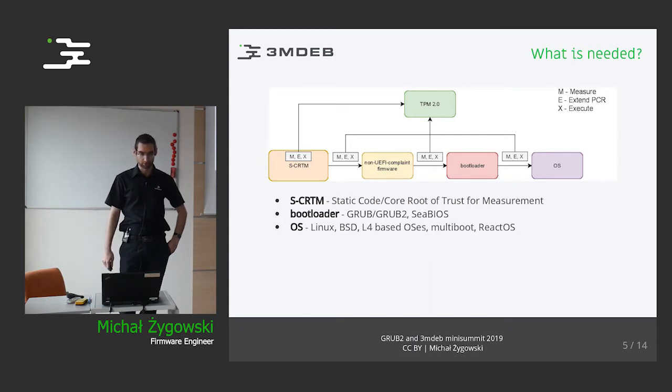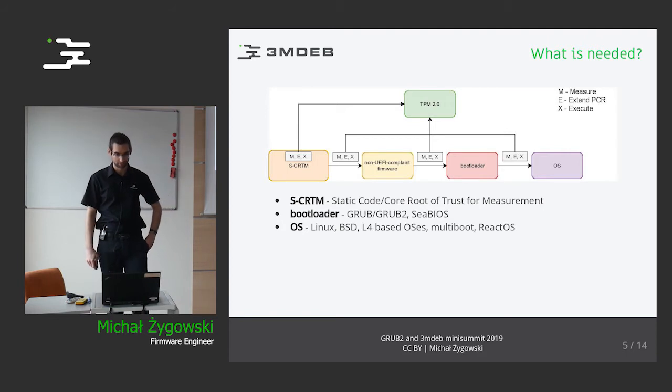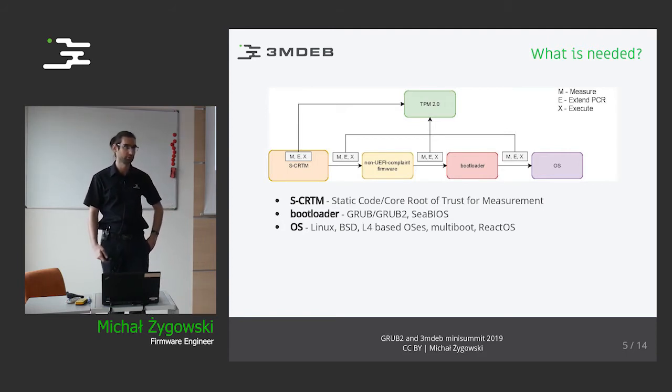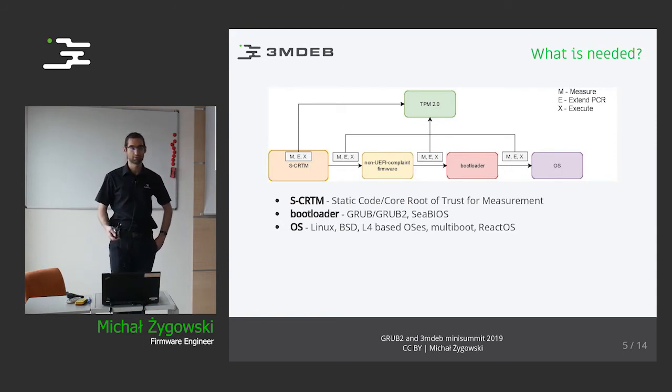Then we are going into some bootloader, for example, SeaBIOS and GRUB. On one hand, SeaBIOS already has support for both TPM families and does the measurements of the basic components like master boot record, etc. And then we have the target bootloader, which loads the Linux kernel, for example, like GRUB, which currently does not have any integration of TPM